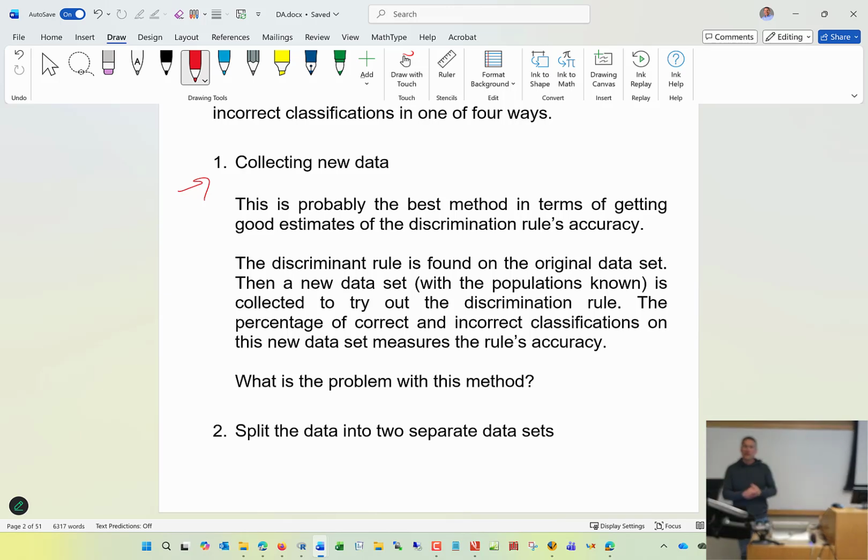What's a potential problem with doing something like that? You don't have to think of it in terms of football. Think about any situation where you take a sample, you estimate a model, and you want to try it out. So you go out and take another sample and test the model out. What's the problem with doing that? Is it that you assume you're sampling from the exact same population? Well, that's what you're hoping for. Yes. That wasn't the answer I was looking for, but I will tell you that corresponding to this here,